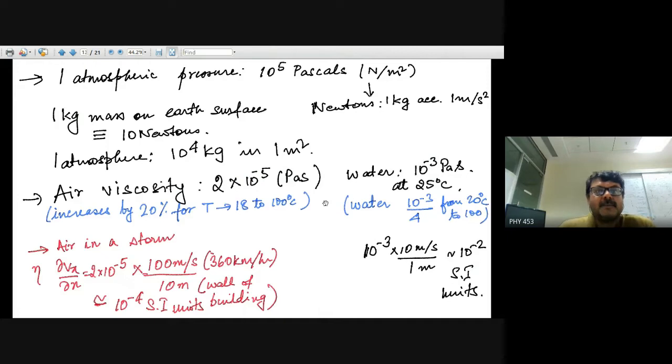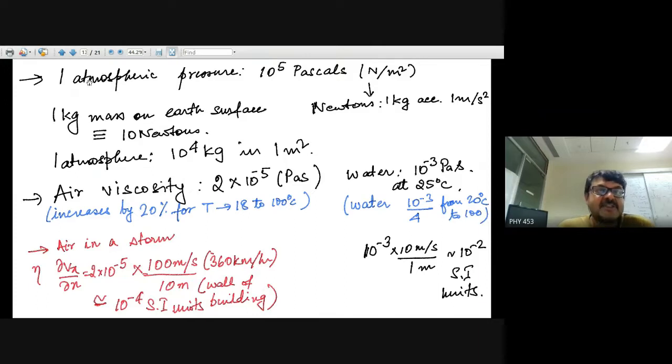Okay. Just to get an idea of what this pressure and what the stress tensors are, what are the values involved, I thought I would just put down the numbers. So one atmospheric pressure in SI units is 10 to the power 5 pascals. What is a pascal? Pascal is Newton per meter square. Newton is the force required to accelerate 1 kg by 1 meter per second square. So remember, 1 kg mass on Earth's surface will give a force of 10 newtons approximately,